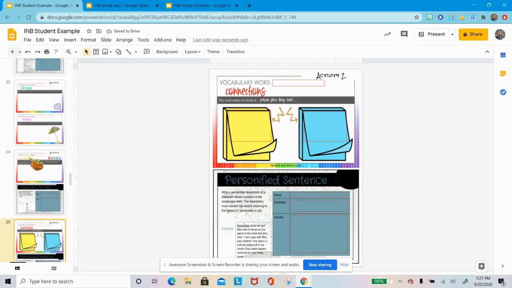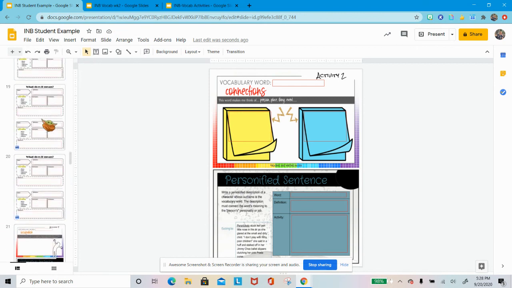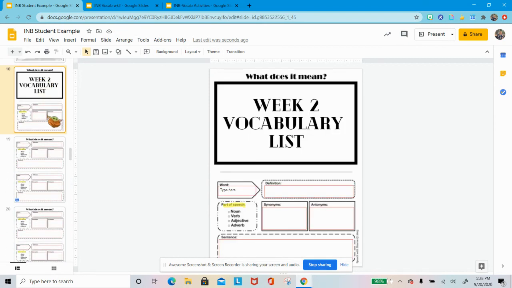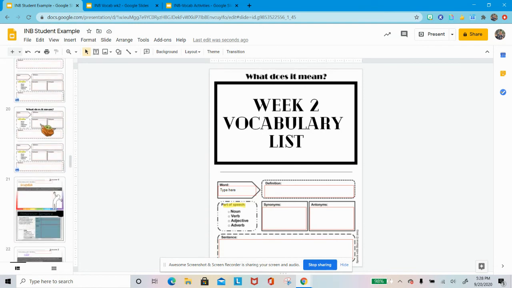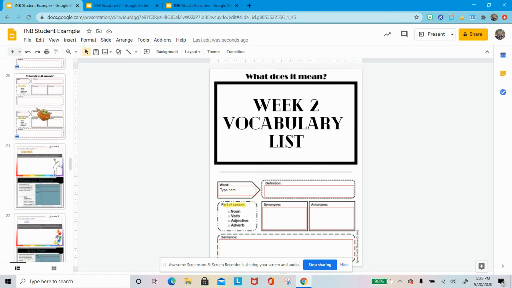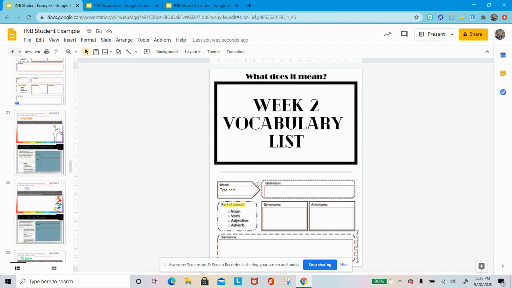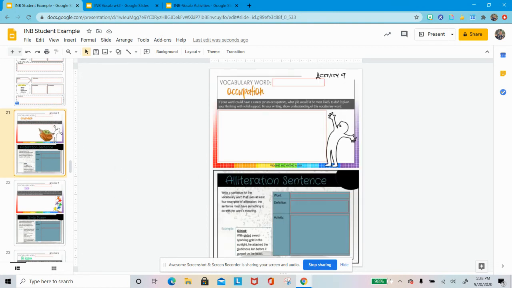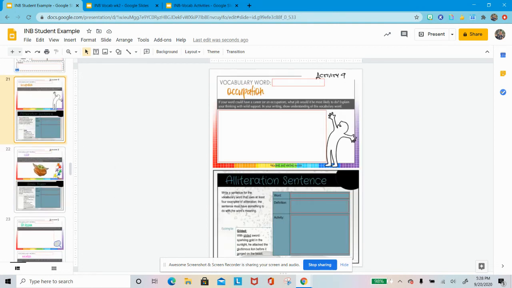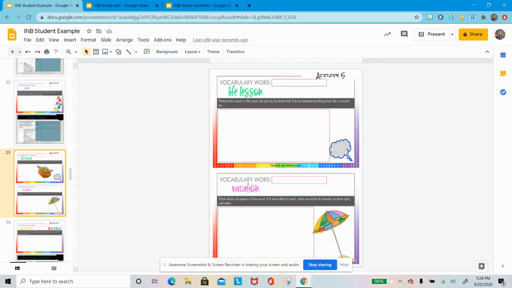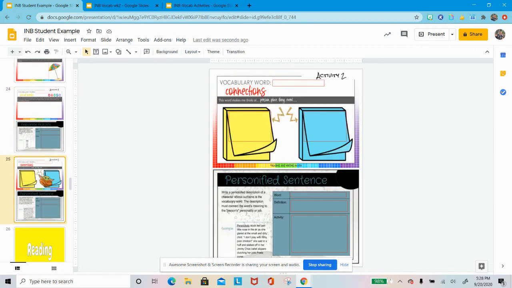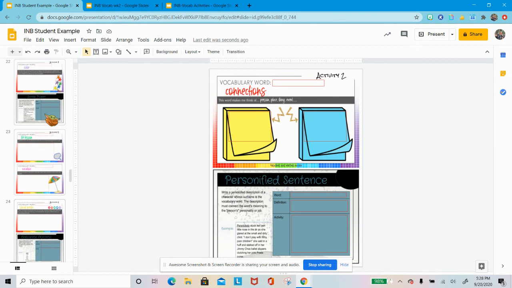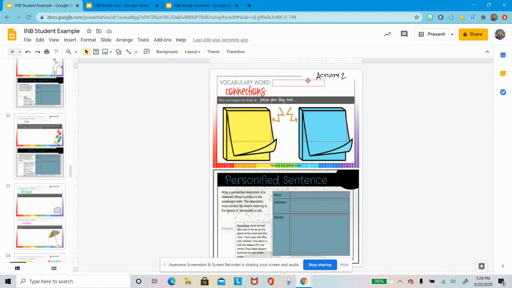There we go. I have now imported my vocabulary week 2 slides. I've then, of course, completed the assignment of recording my vocab words there. And then I've actually chosen very carefully the 5 different activities that I wanted to complete for this week's words. And now I have the opportunity to go in and actually